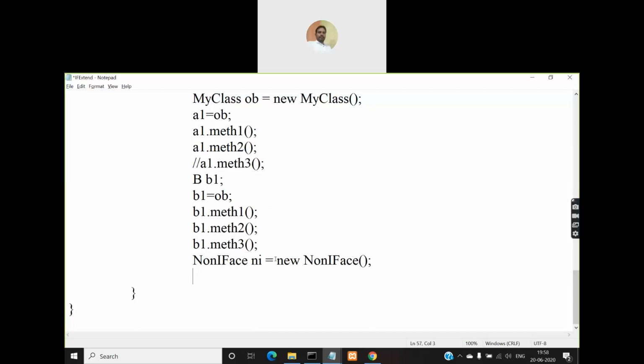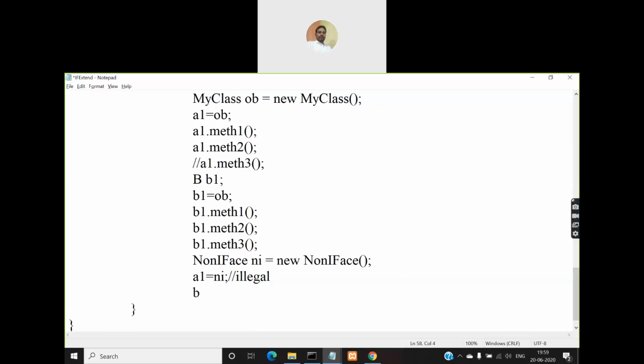I cannot create a reference variable of A or a reference variable of B and assign it the object of the non-iface class, right? So if I try to assign the object ni to a1, where a1 is a reference variable for interface A, this is illegal. This will generate an error.